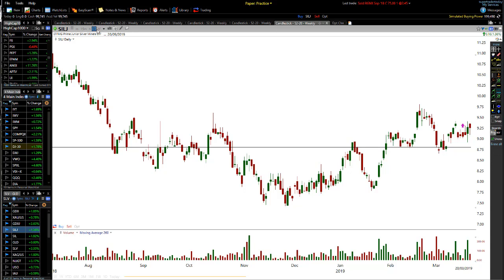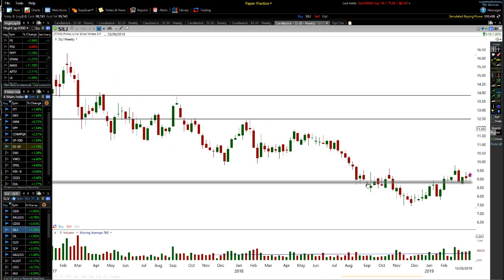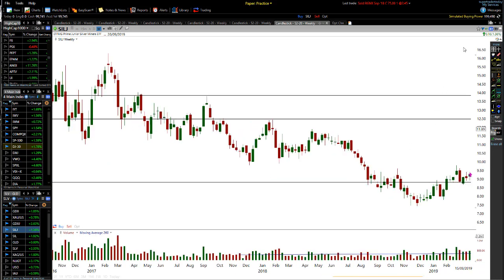and if I go to my weekly chart now, what does the weekly chart actually tell us? The weekly chart is saying, well, you know what? We're in a massive, massive downward trend, and we could be getting ready for another bit of a drop here. So this is where it's always important to trade the higher time frame trend, because the higher time frame